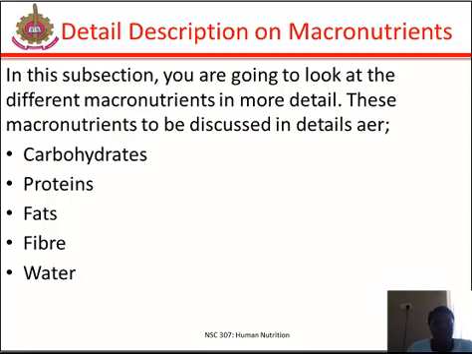Another macronutrient is protein. About 10 to 35% of calories should come from protein, and proteins are needed in our diet for growth and to improve immune functions. They also play an important role in making essential hormones and enzymes, in tissue repair, in preserving lean muscle mass, and supplying energy in times when carbohydrates are not available.